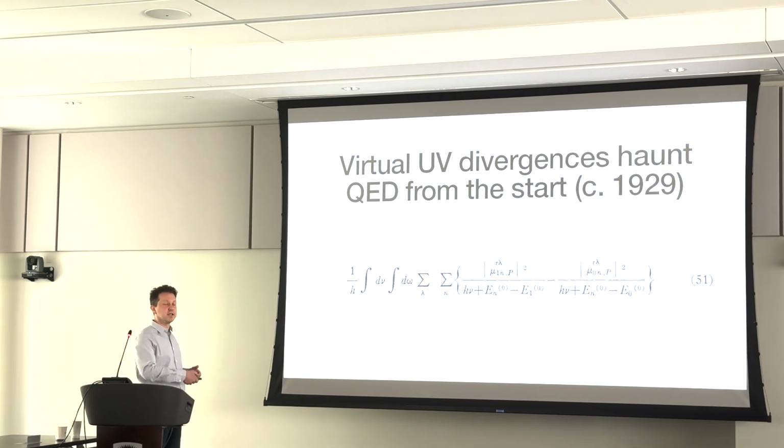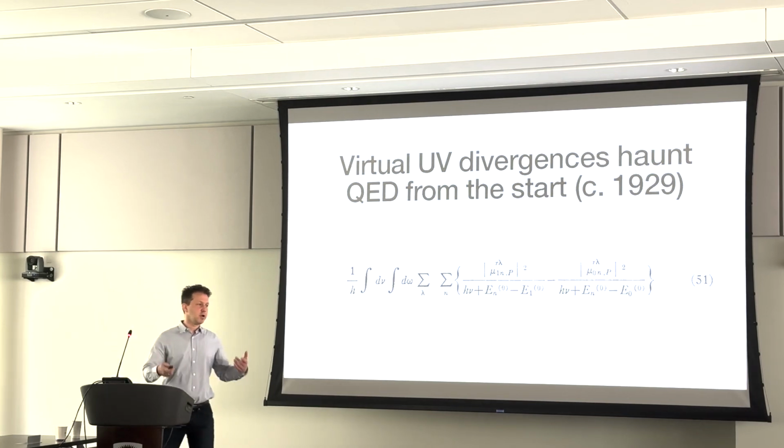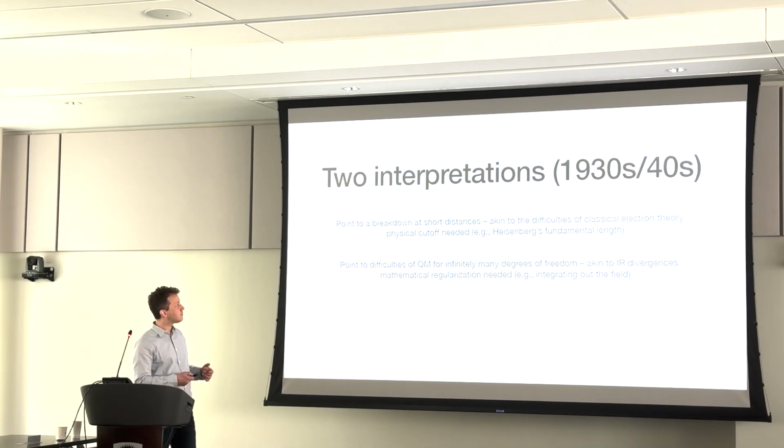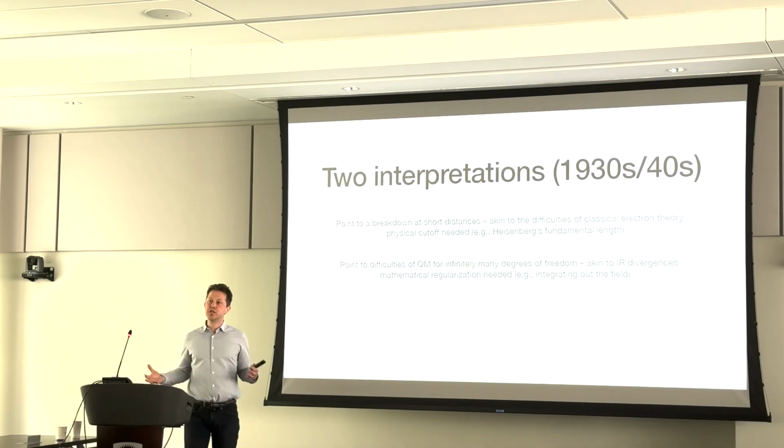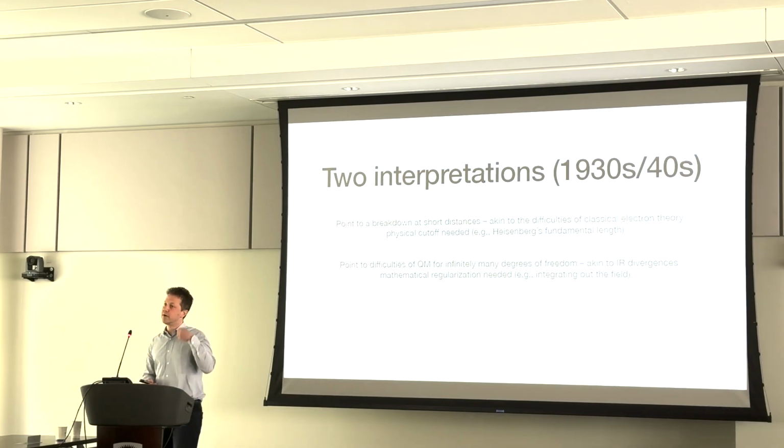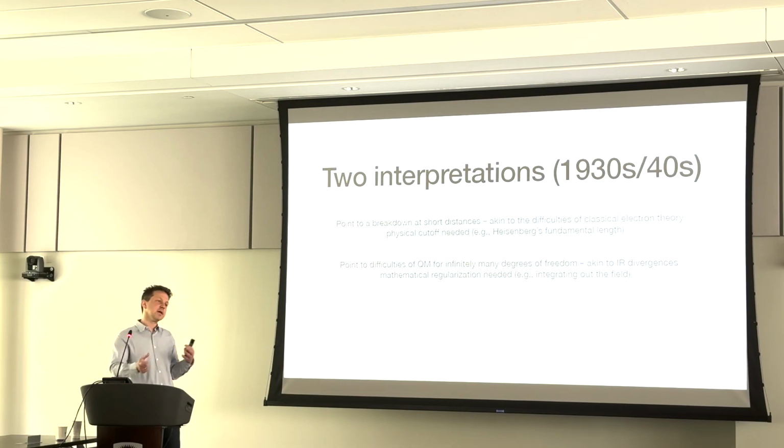The problem is really in the integration, in the fact that we're integrating over infinitely many degrees of freedom as intermediate states. And we somehow need to fix something mathematically with quantum theory to make it able to deal with infinitely many degrees of freedom. And the analogy here was not so much classical electrodynamics, but really the similar problems that you